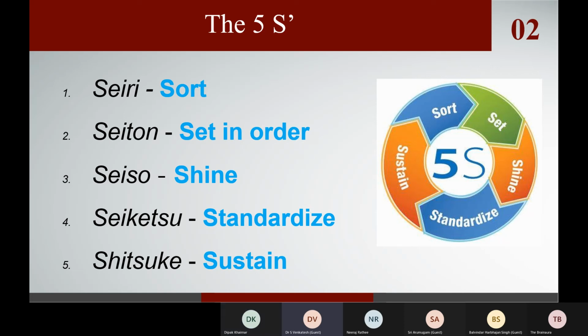And the last step in the 5S is sustain. Sustain is basically you have to keep doing the same things to sustain all the workflow. And in the next cycle, you start again with sort. So this is the 5S methodology. The key thing you have to remember is that this is a cyclic thing. You have to start with sort and end with sustain, and again you start with sort. Okay, so next slide, please.